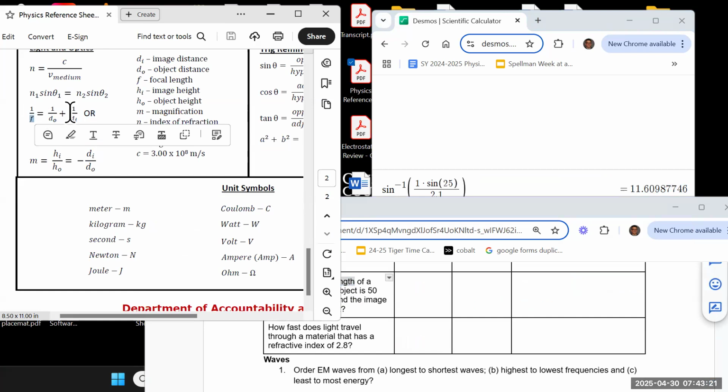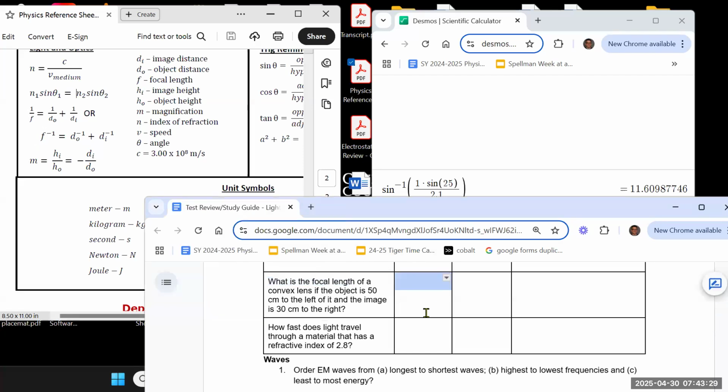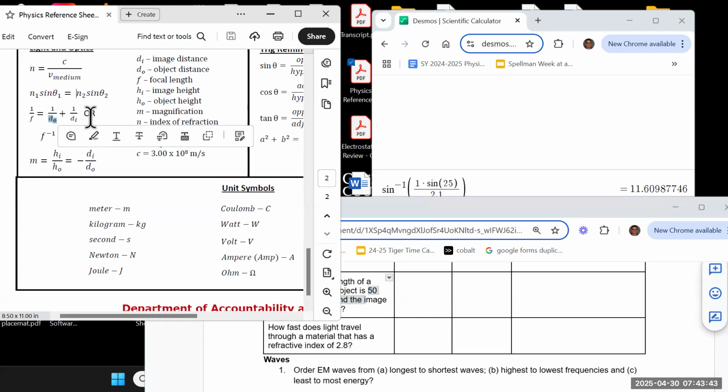F is our focal length. You will see the F is in two different places, but these two equations are basically the same thing. So my focal length is right here. F is -1. And the other things that we have: it says the object is 50 centimeters to the left, so that's the DO, and the image is 30 centimeters to the right, and that's our DI. So it gives us the DO, it gives us the DI, and then we can just pop